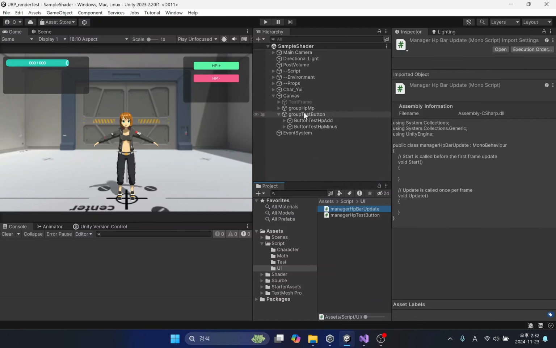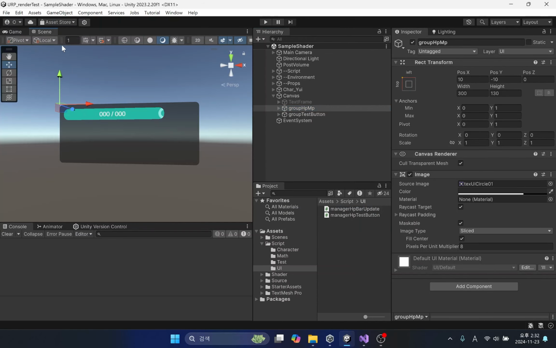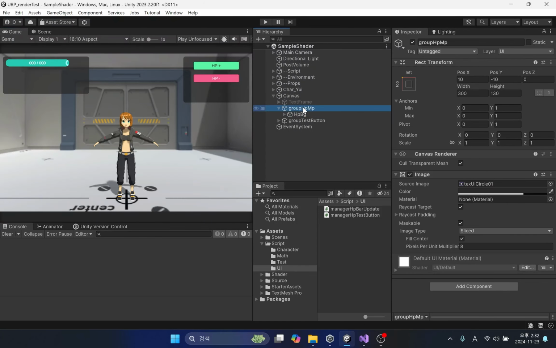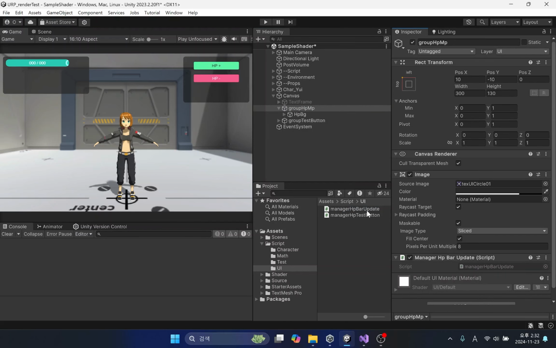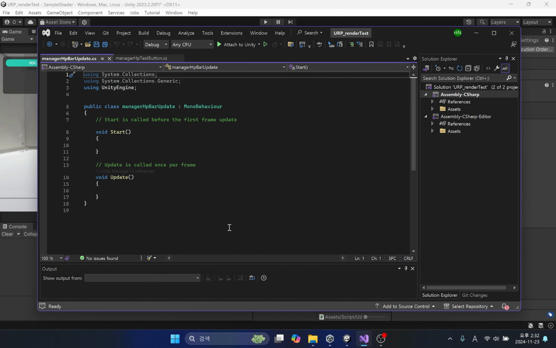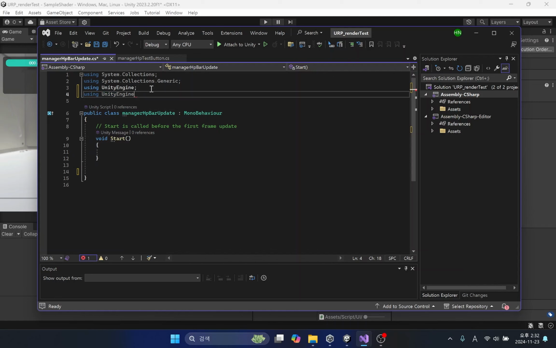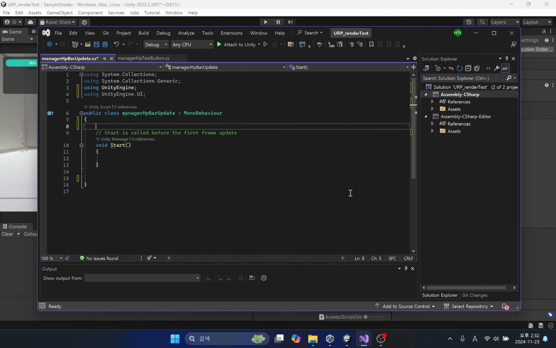Next, we'll apply this script to the parent of the HP bar image. Let's create a variable to store the HP bar image.